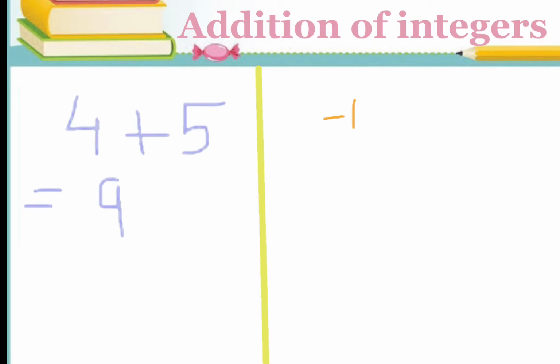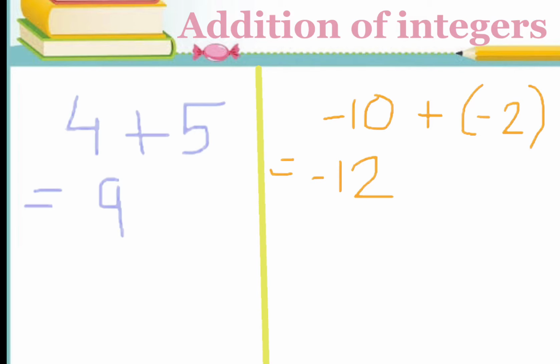Suppose we have to add minus 10 with minus 2. Okay, so here what are we going to do? The operation which we are going to do is addition. So let's add them. If we add them, we get 12 as the answer. Here, as you can see, the greater value is 10. 10 has a negative sign, so our answer will also come in negative. Our answer will also come in minus sign. So minus 12 is the correct answer.